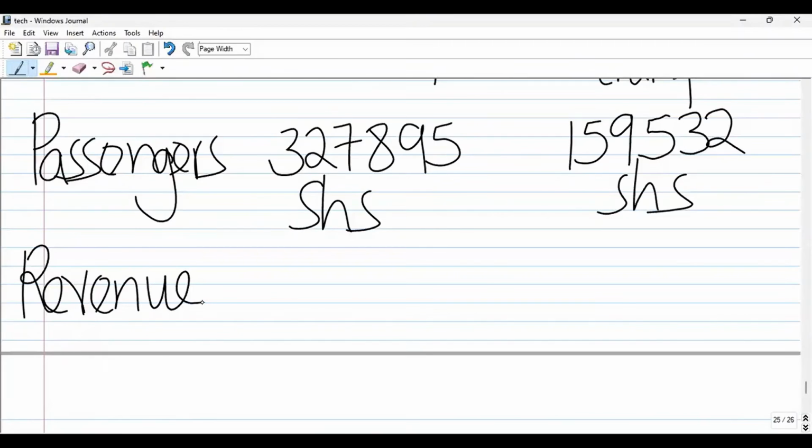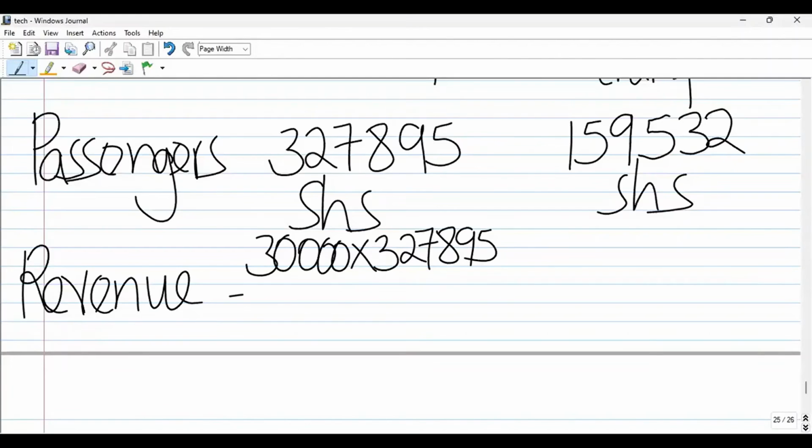So the price for local is 30,000 per passenger, but you've already indicated that the passengers are 327,895. We go to international, the price is 125,000 times the passengers